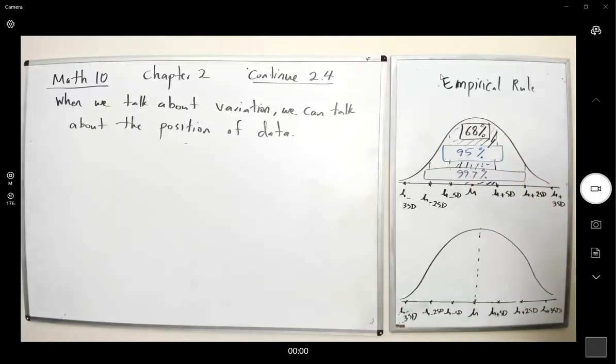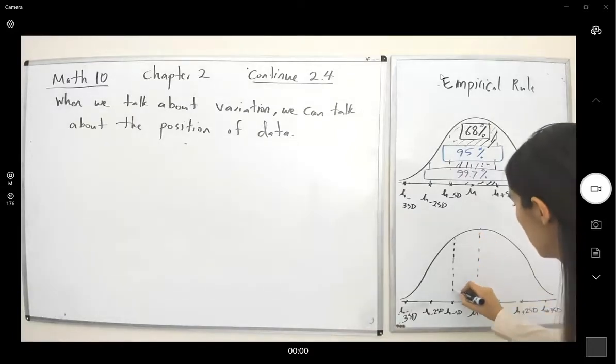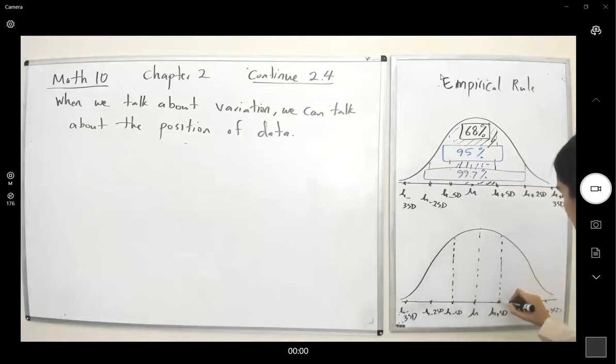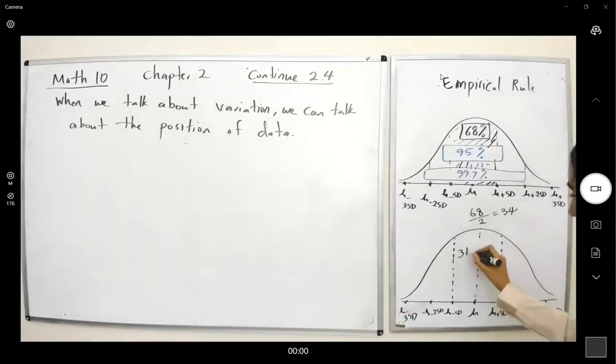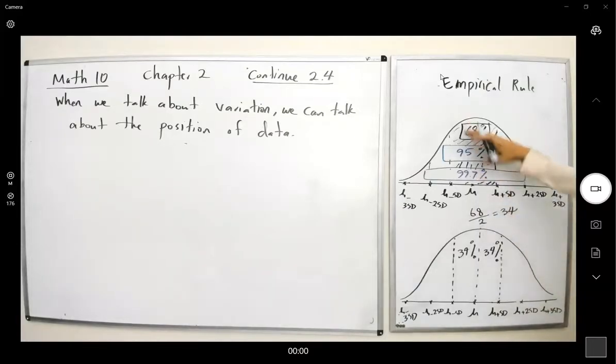68% divided by 2, we get 34. 34% on this side, 34% on this side. 68% is the middle one, so we can divide it into 2 pieces. Very well. So for the rest of it, we get